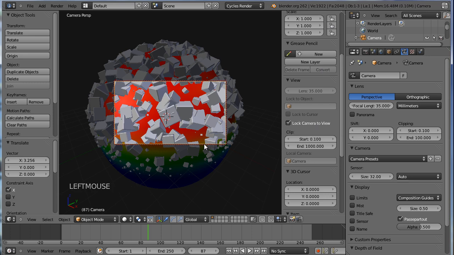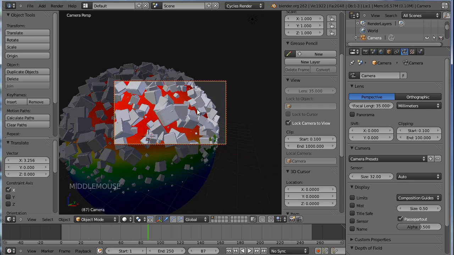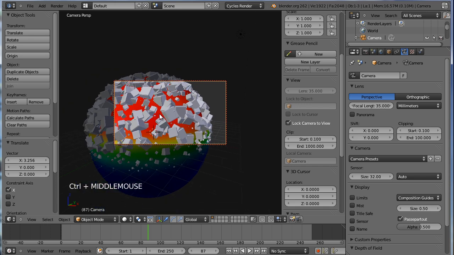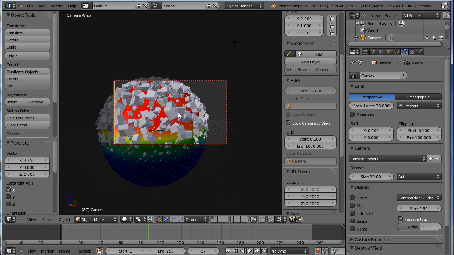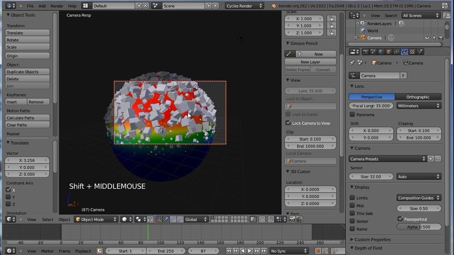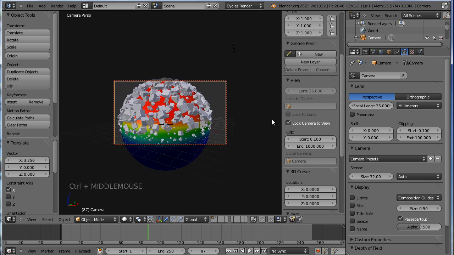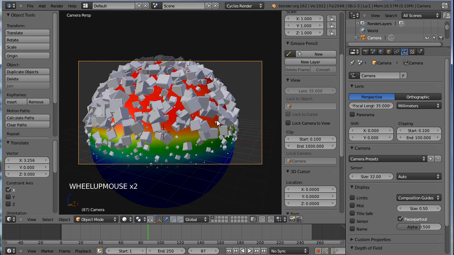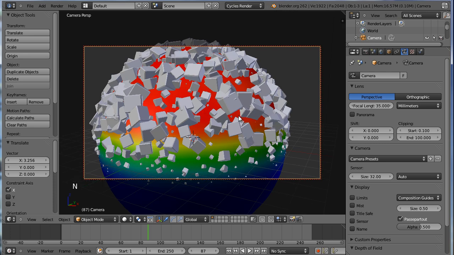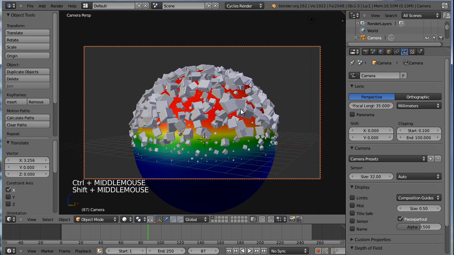You turn that on and you get this dotted line around the view, and now when you move the viewport around, the camera actually follows, so that's kind of cool. Let's go ahead and uncheck that now that we have the camera kind of where we're wanting it, and that way when I use my mouse wheel to zoom in, it's blowing up the camera view, which is kind of what I want. So turn the lock back on, and now I can continue to adjust the camera view